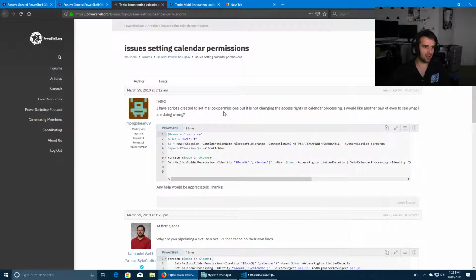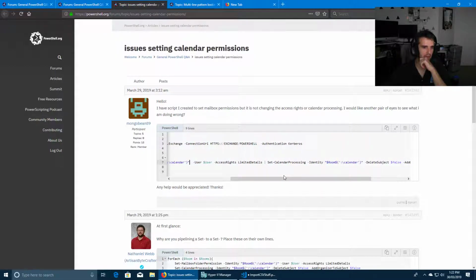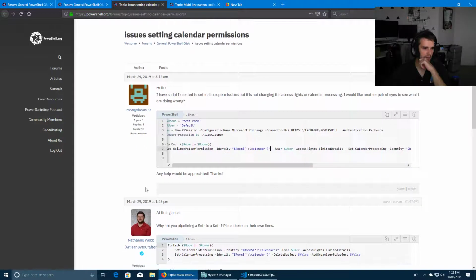So, how is he set? Okay, he's trying to set mailbox permissions. Calendar processor would like another set of eyes on what I'm doing wrong. You have PSSession, Set-MailboxPermission, identity, access right. Yeah, that's a big one there. He set, basically you've got to do a Get, but he is basically like, yeah, yeah,